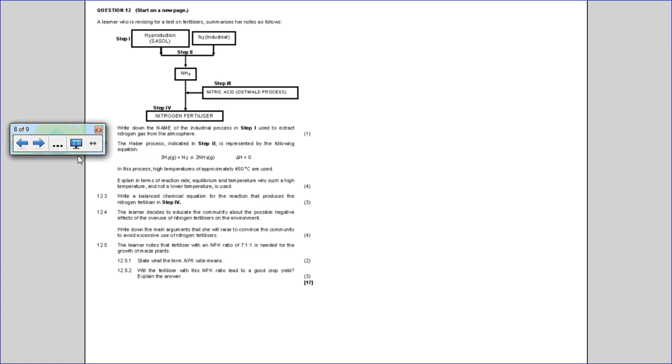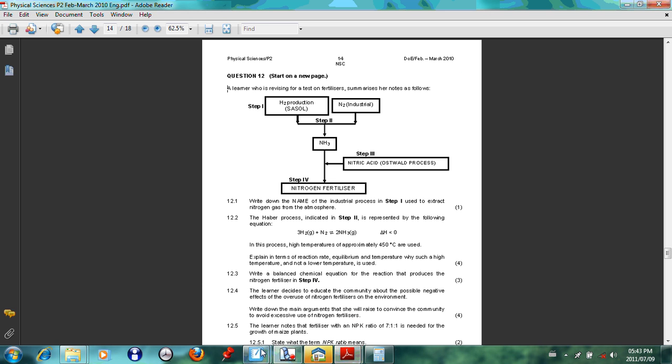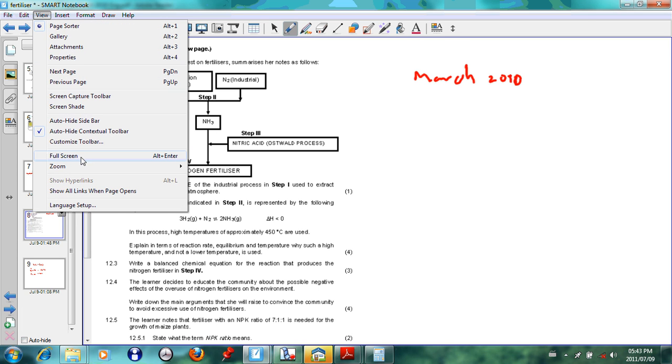To conclude our topic related to fertilizers, we're looking at an exam question. This particular question was taken from the March 2010 paper, and we will see how a typical exam question related to fertilizers is asked. To begin with, question 1 says,